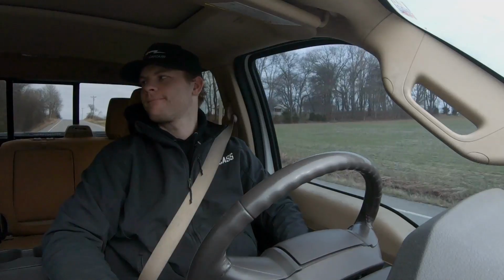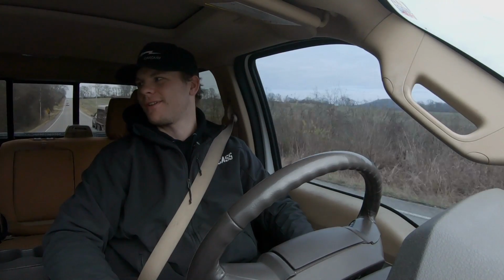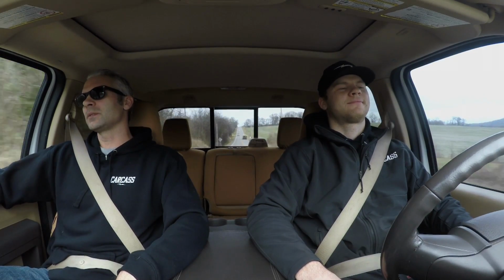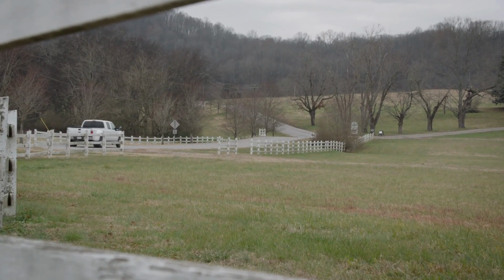You could probably even use it on a farm if you want to haul stuff with it. I mean, there's not a ton of room, but I think it'll be an all-around good build, and Dana 60s are absolutely perfect to put underneath there. Yeah, I feel like you could just start off with something really good so you can build from there, instead of if you decided to go bigger tires or this or that, you kind of have to start all over. Right, so we might as well go to a certain point,